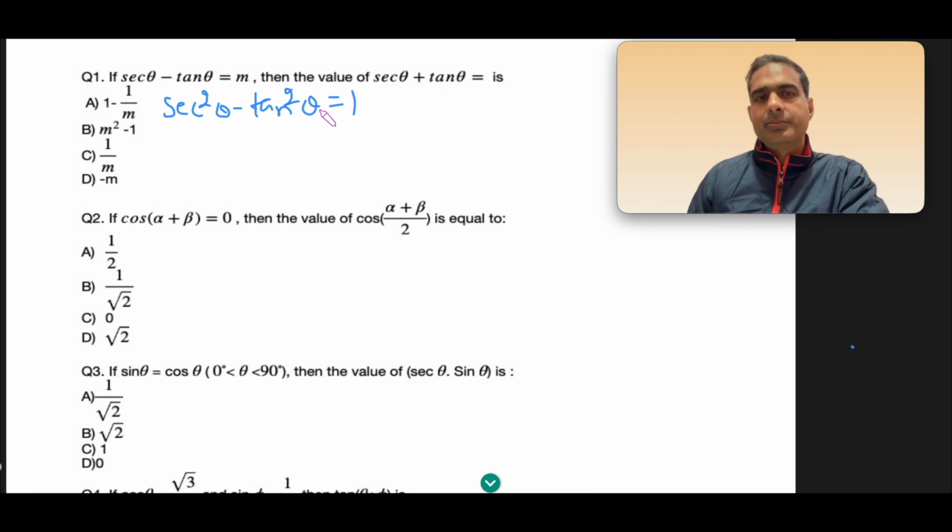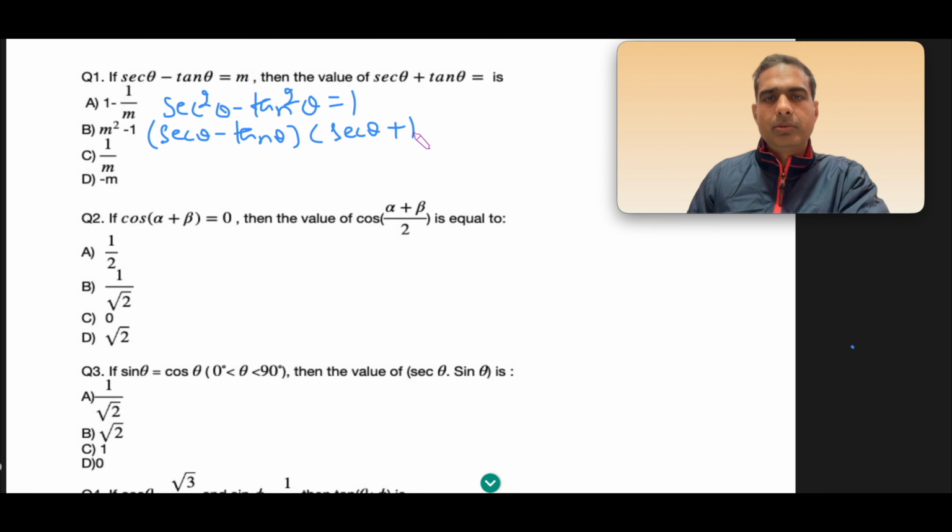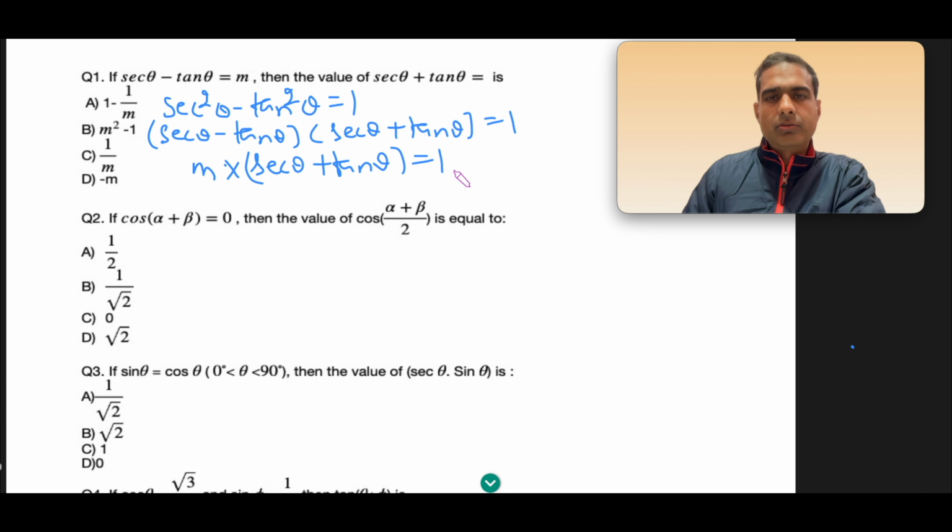And using the formula A square minus B square is equal to A minus B times A plus B, we can write sec theta minus tan theta times sec theta plus tan theta is equal to 1. Now sec theta minus tan theta is m, given, into sec theta plus tan theta, closing the bracket, is equal to 1. So from here, if I bring m to the right hand side, I will be getting